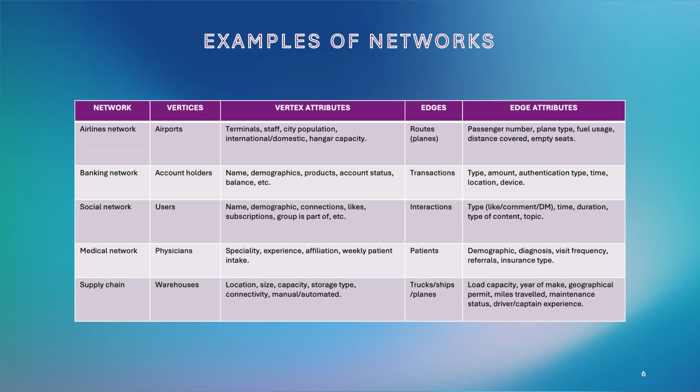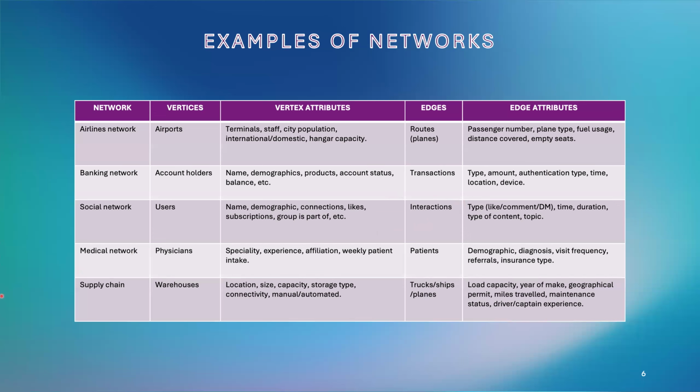And as attributes for vertices, for instance, we could have the name of the account holder, the demographics the holder is part of, the banking products that the account holder takes into use, their account status, the balance, and so many other details that could be included here that concern the account holder themselves. Then, if we look at attributes for the transactions over here,